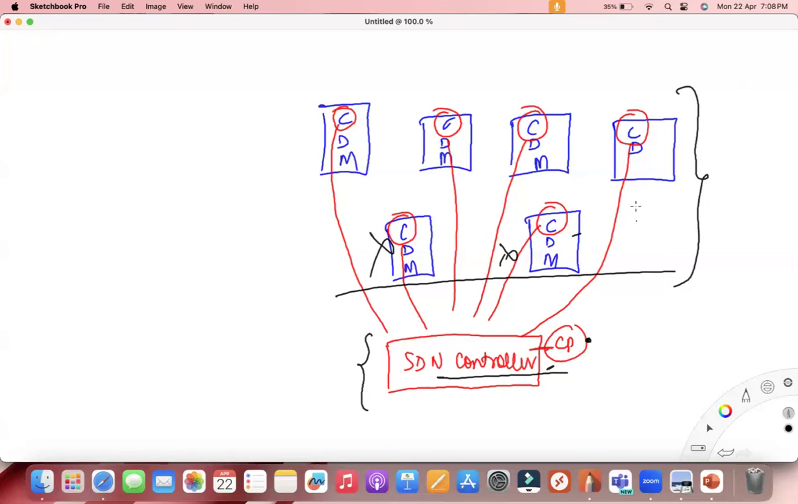What about the data plane? The data plane remains on the device itself, on the switch itself. The control plane mainly is extracted, and of course the management plane is also extracted, because it's from the controller that you are now managing the switches. That is obvious. So that's why I did not talk about